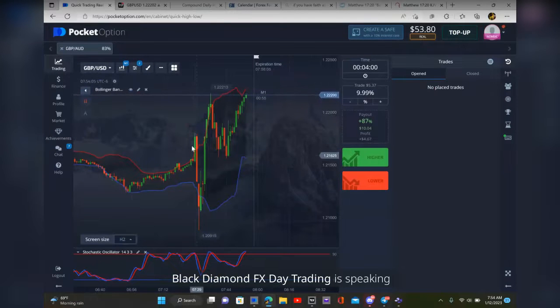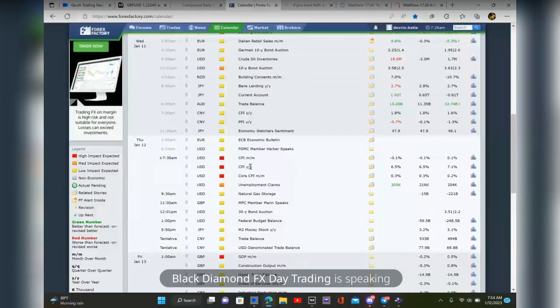Look, I was here. I got in right here. Doing good, man. It came all the way down. I was in the trade for 4 minutes. You know what happened? Boom, it spiked up, all the way up here, and took me out. Why? Because I forgot about these red folders. So it's always important to see what your red folders look like.